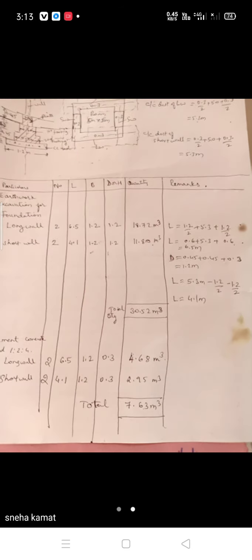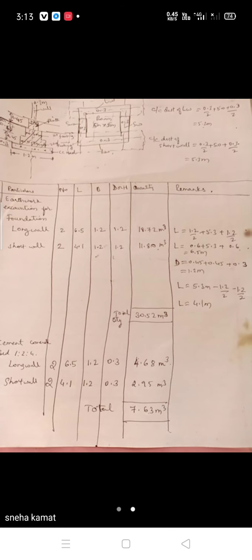So that is for earthwork excavation and cement concrete bed for a single room's walls. I am calculating. So you can take down.